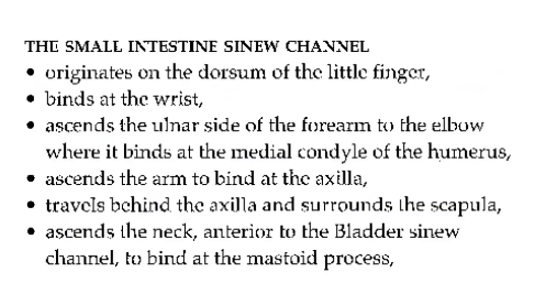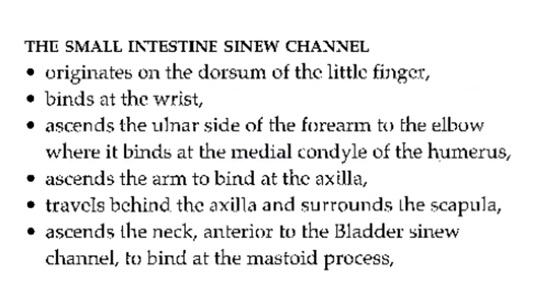The small intestine sinew channel originates on the dorsum of the little finger, binds at the wrist, ascends the ulnar side of the forearm to the elbow, where it binds at the medial condyle of the humerus, ascends the arm to bind at the axilla, travels behind the axilla and surrounds the scapula, ascends the neck anterior to the bladder sinew channel